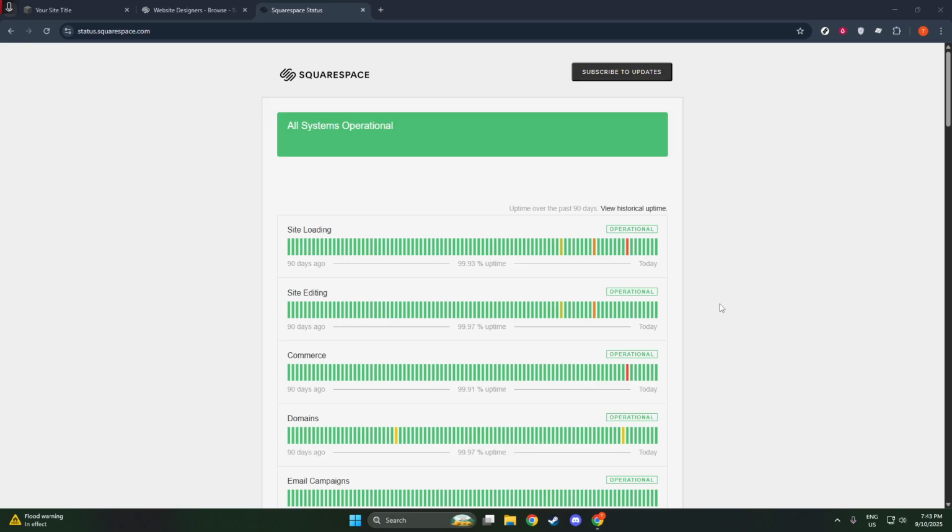To start with, we'll focus on using Squarespace's System Status page. This is your go-to resource for real-time information on the platform's health. Begin by opening your web browser and navigating to status.squarespace.com. This page serves as a transparent communication channel between Squarespace and its users, ensuring you're always aware of any